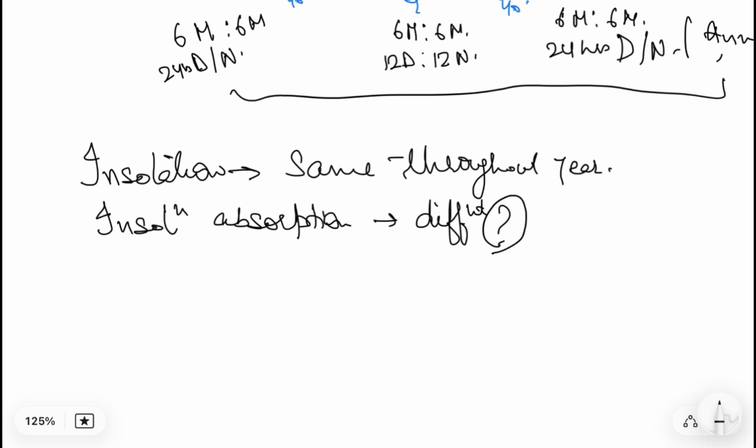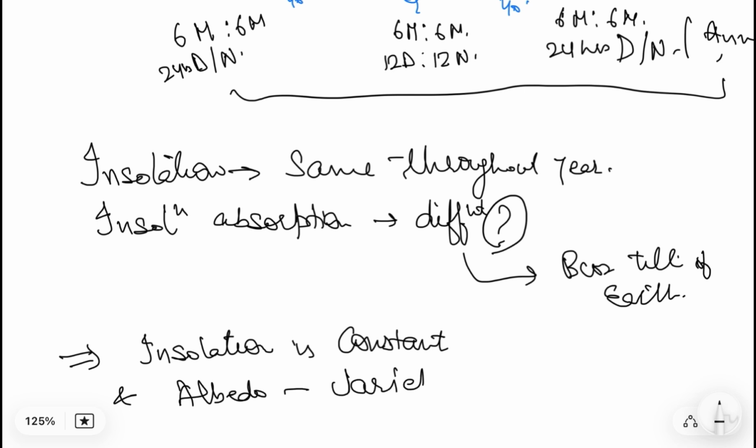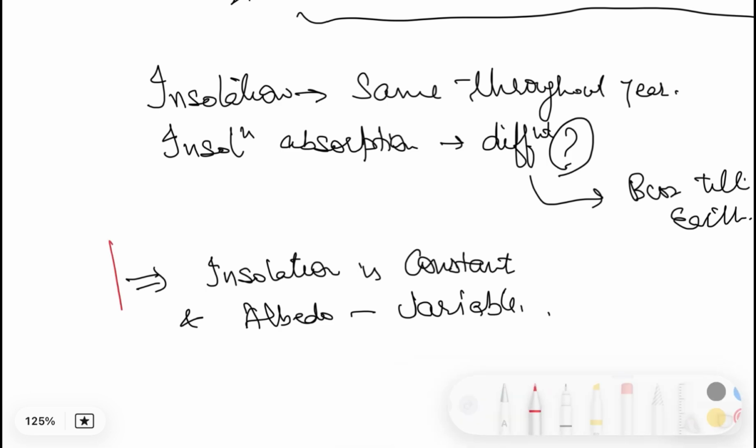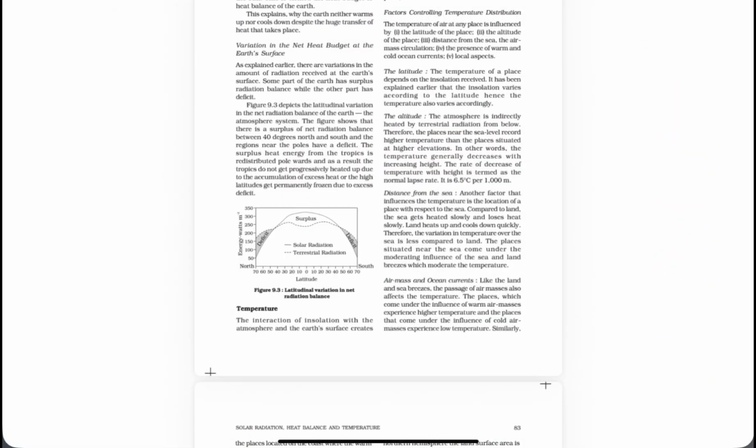Why? Because of the tilt of the earth. So we can conclude that insolation is constant and albedo is variable. Done. So we have done